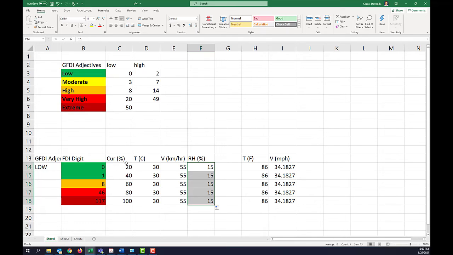So important takeaways here, again, curing percentage and wind speed. And as Jeff talked about in his section of the video, the curing percentage comes from a satellite-derived greenness product. I know it's imperfect, but rather than being subjective, it's a very objective measure of greenness. And it's something that we're going to continue to work on refining and to ensure that we're giving the best product that's out there. But because of the sensitivity of the GFDI to the curing percentage and the methodology in which we're using, it's kind of a tough thing.